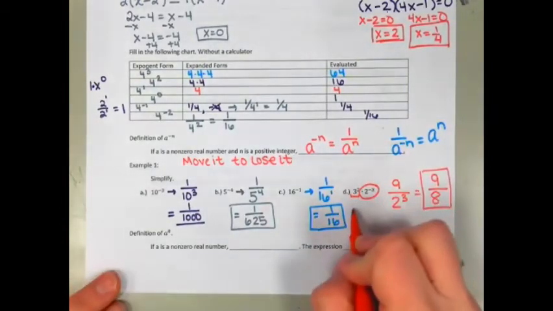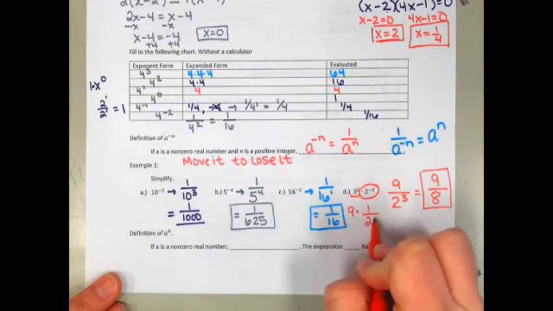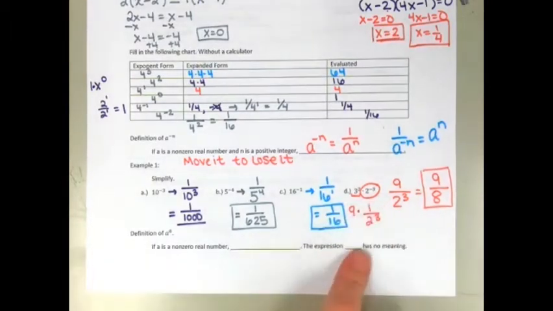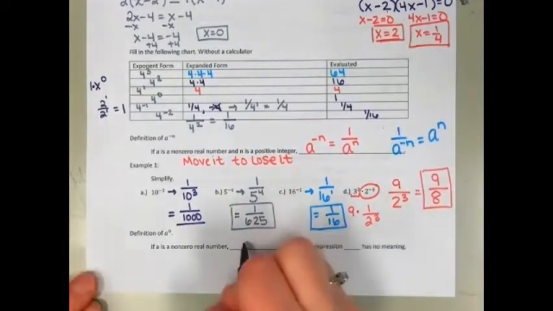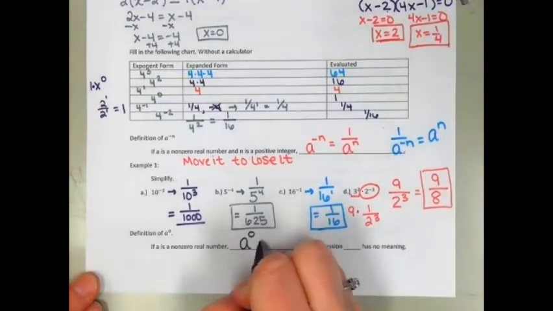Because you could have written it as 3 squared is 9 times 1 over 2 cubed. And is it 9 times 1/8? 9/8? Yeah. All right. If a is a non-zero real number, a to the 0th power is going to equal